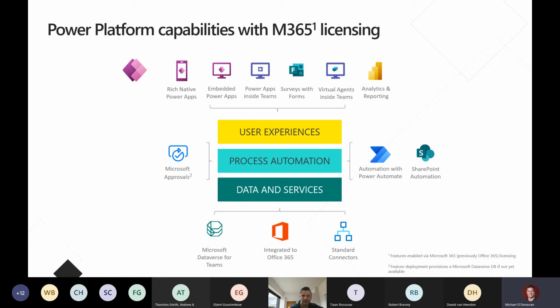What's quite nice about this slide is it's not just about Power Apps or Power Automate. It's the whole Power Platform. So this is what you get with the Power Platform from a Microsoft 365 perspective, like Office 365, right? So from a user interface perspective, you'll see the top layer here. So you get Power Apps,